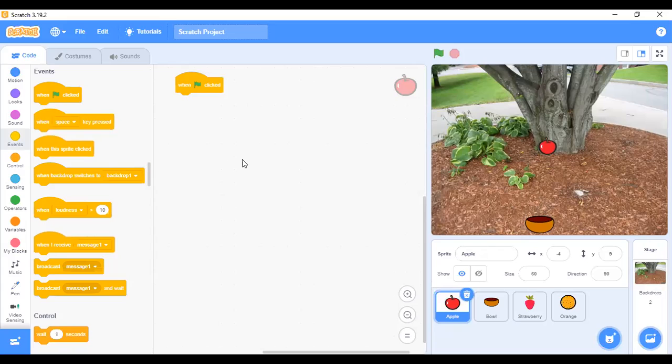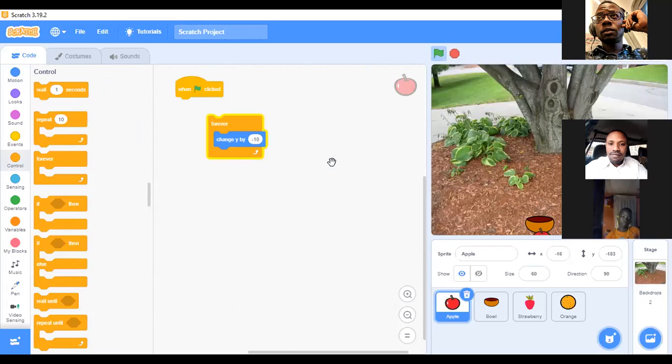So that means if you click on this flag and you put it here, it's going to continue to fall. Then stop it. What do you need next?